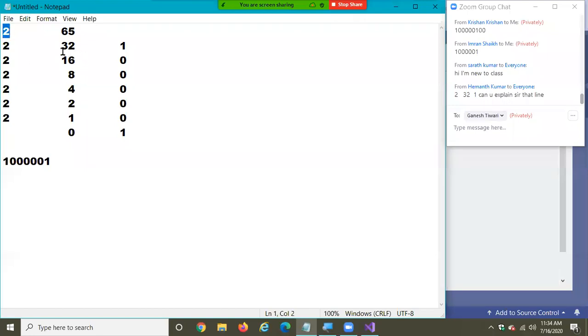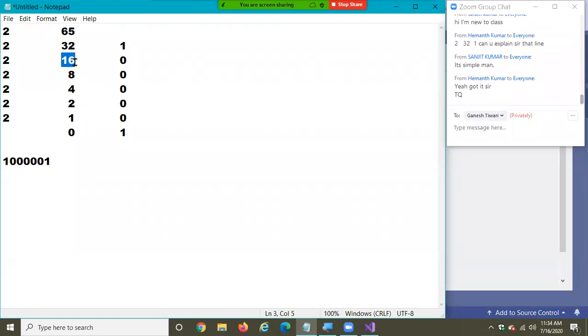If you divide 65 by 2, you get 32. 2 32s are 64. Remainder is 1. Again, 32 divided by 2, it is 16. Remainder is 0. We learned this in our school days, no? That is the binary value we are calculating.